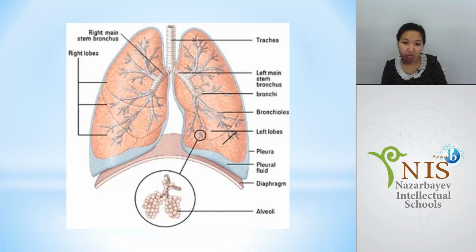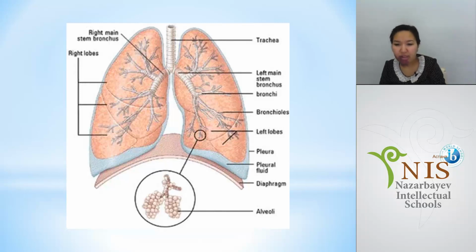The trachea divides into 2 groups, which are called bronchi. These bronchi divide like trees into parts called bronchioli, and at the end of each bronchiole we have air sacs, which are called alveoli. You can see here our lung, which consists of 2 sides, left and right. The right side consists of 3 parts and the left side consists of 2 parts. And under the lung we have a muscle called the diaphragm, which helps us with respiration.